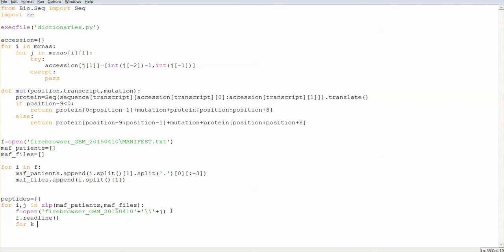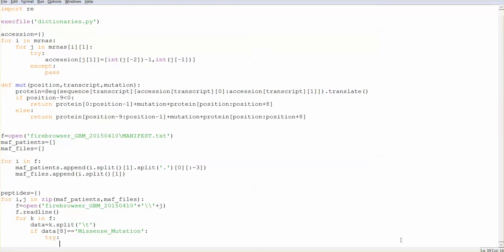And then for k in the file, I'm going to take each line, which is k, and split it. I'm going to say data equals k.split, and I'm going to split on tab. And then if data[8], so that's actually the 9th column, equals missense mutation, you are going to try to